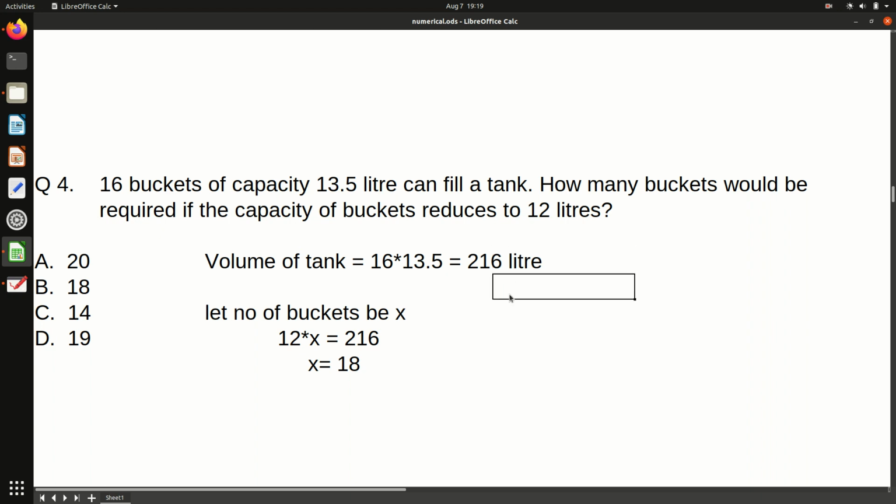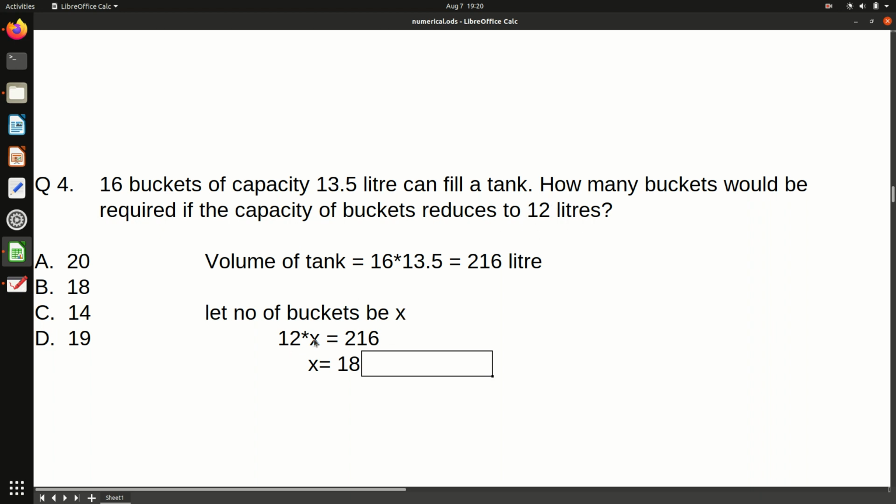216 liters. Now it is asking how many buckets would be required if the capacity of the bucket reduces to 12. Now it is saying that the same tank we have to fill, but this time the capacity has been reduced to 12 liters. So initially it was 13.5 liters and now it is 12 liters. So we have to find how many buckets. So as usual, we will let the number of buckets be x. Okay, so let us suppose there are x buckets. Now each bucket has capacity 12, so 12x